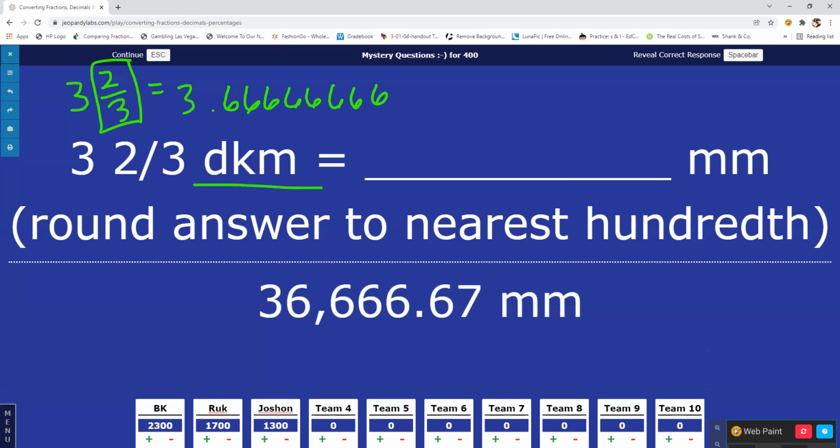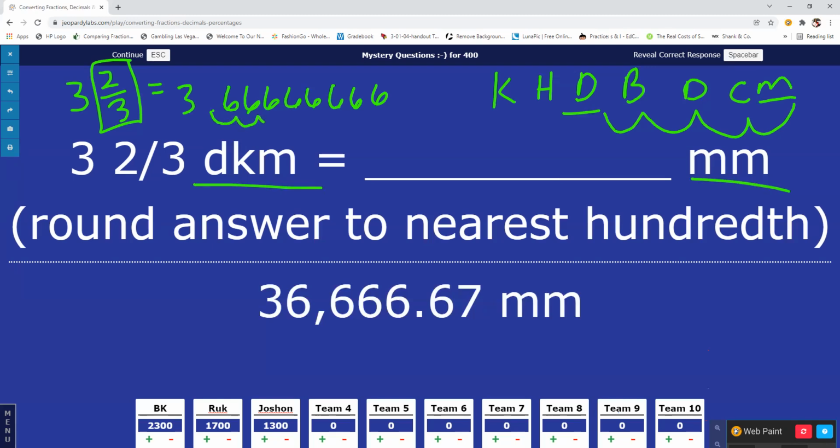All right, so if I want to go from decameters to millimeters, remember we do conversions within the system. We go by King Henry died by drinking chocolate milk. So decameters is here, millimeters is here. That lets me know I'm going to go 1, 2, 3, 4 places to the right in terms of my decimal. So that's going to give us the